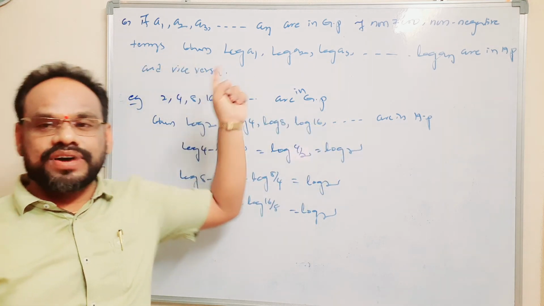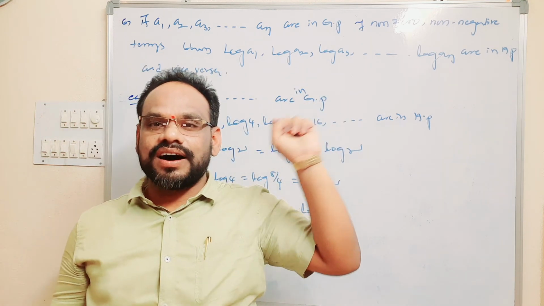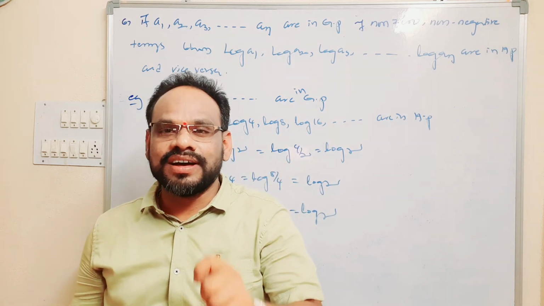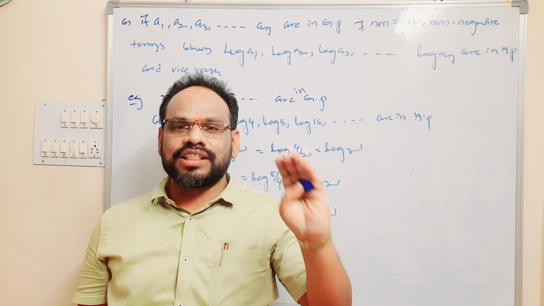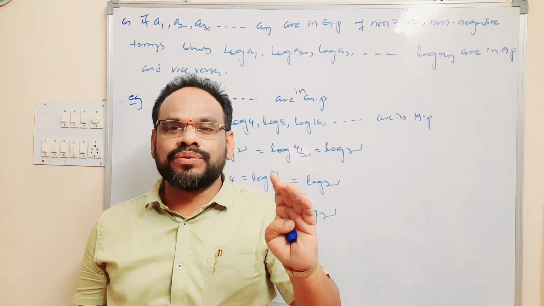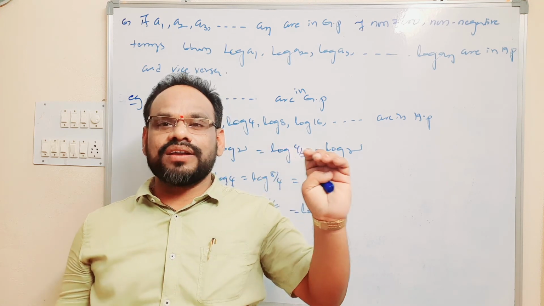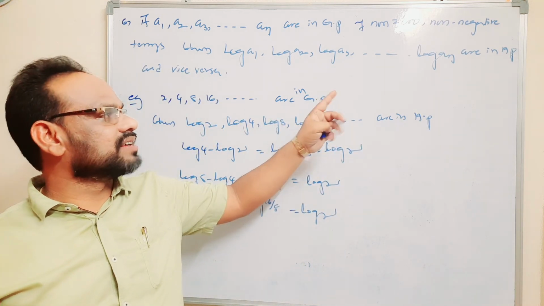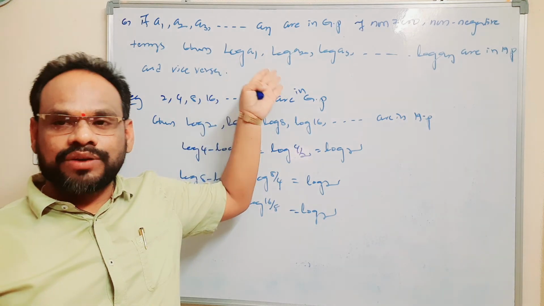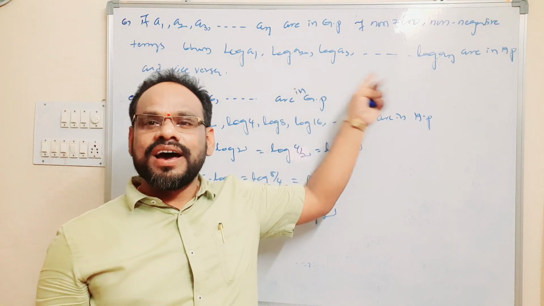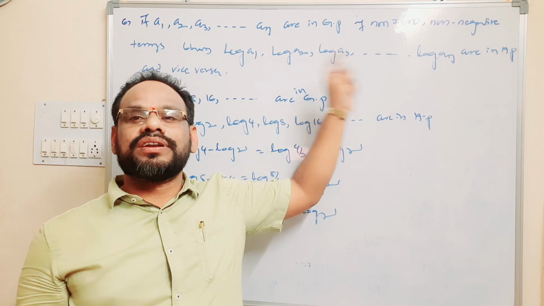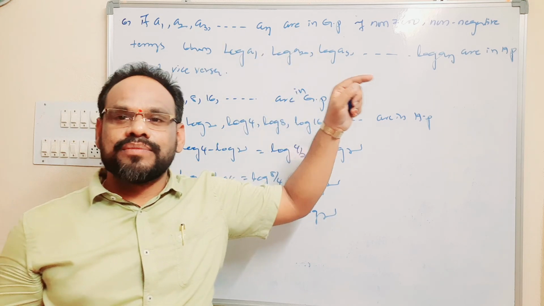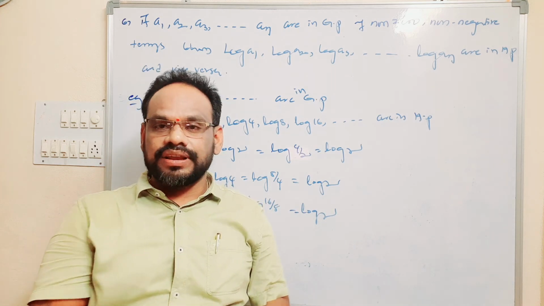Observe here, if A1, A2, A3 and so on, AN are in geometric progression of non-zero and non-negative terms, then logarithm of A1, logarithm of A2, logarithm of A3 and so on, logarithm of AN are in arithmetic progression and vice versa. Vice versa means if log A1, log A2, log A3 and so on, log AN are in arithmetic progression, then A1, A2, A3 and so on, AN are in geometric progression. Next property,